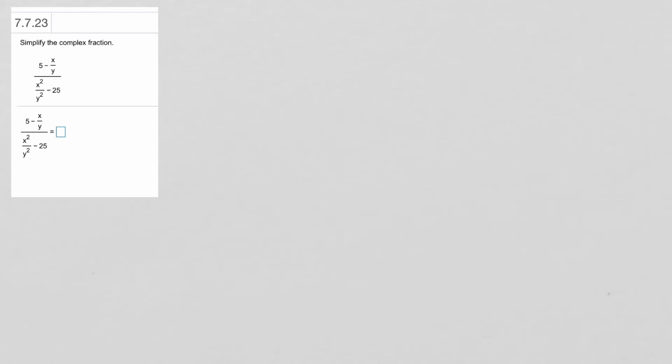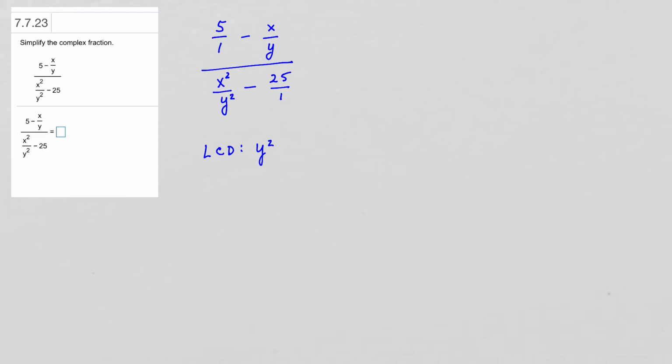In this problem, we need to simplify the complex fraction. So I'm going to start with 5 over 1 minus x over y, and then x squared over y squared minus 25 over 1. That way everything is a fraction, and I find the least common denominator, and that's going to be y